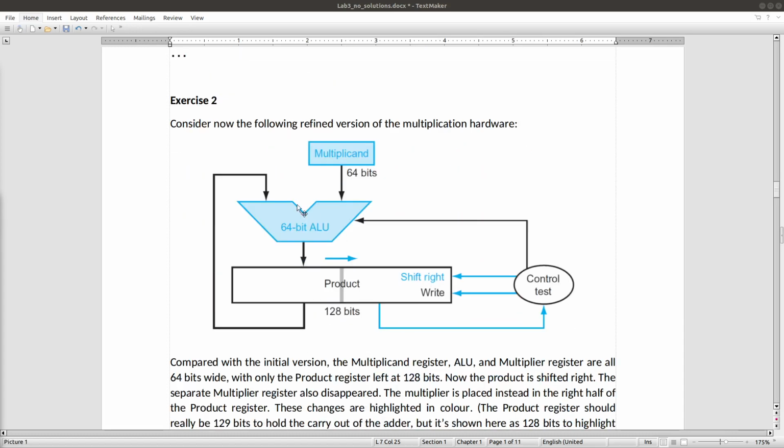And then we will have exercise 2, in which we will upgrade or refine our previous hardware design for multiplication to reduce the hardware used,